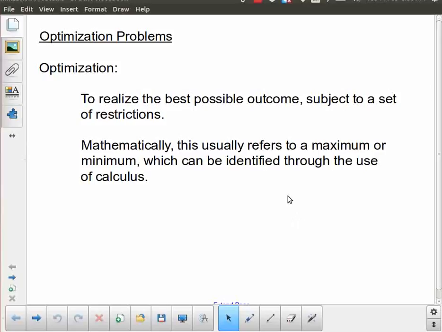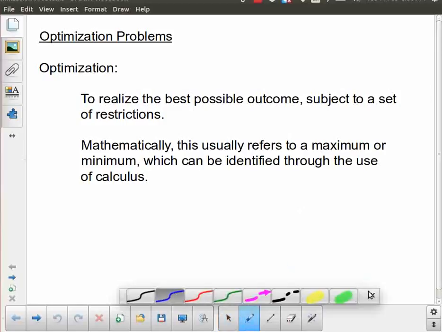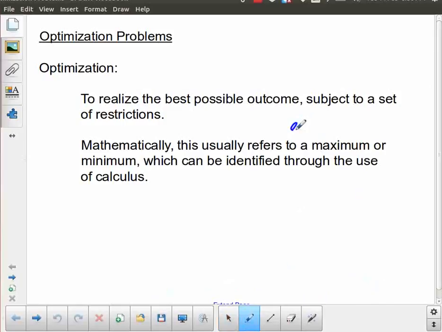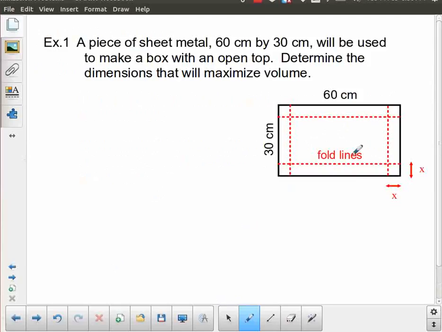So what we do is we're generally looking for a maximum or a minimum value, which we've also talked about as an extreme value, or in general the plural is just called extrema. That means any maximum or any minimum value. Sometimes the best outcome will be a maximum, but there are other situations where the best possible outcome might be a minimum. To illustrate this, we're going to take a look at a problem that's probably familiar to you,